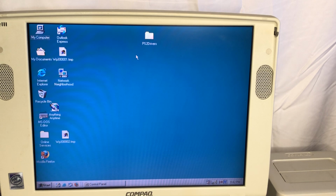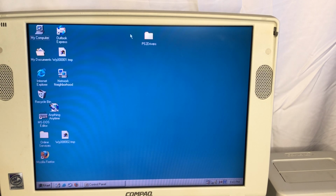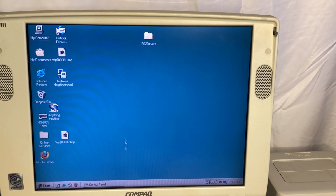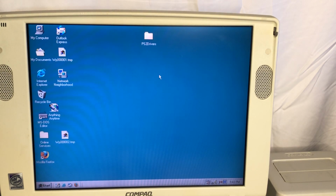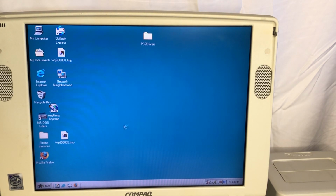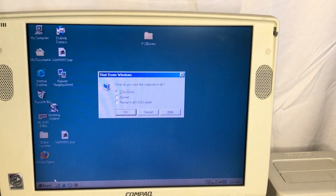Provided that you have access to the Windows 95 or 98 install files, especially 95. I tried this on one of my LTE Lites, and they asked for that, and I didn't have that. So that's one word of caution if you do use that mouse, even for its basic functionality, is that you may need those drivers, and you may need that Windows 95 install CD. So something to think about there if you try this on anything older. Probably not going to come up too often, but yeah, so let's shut this down and